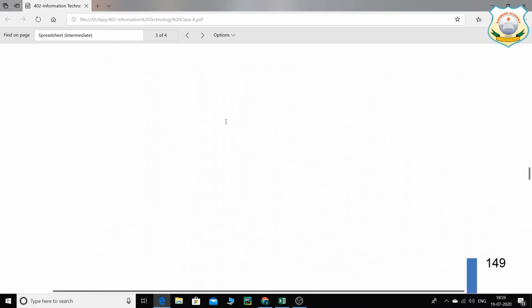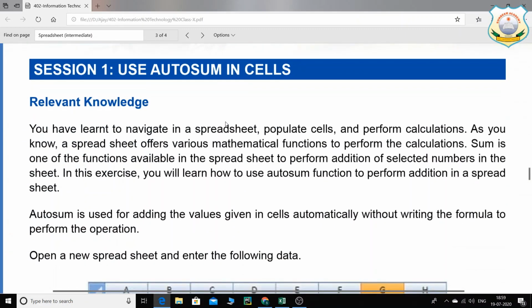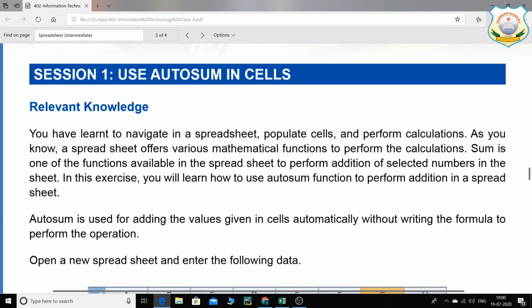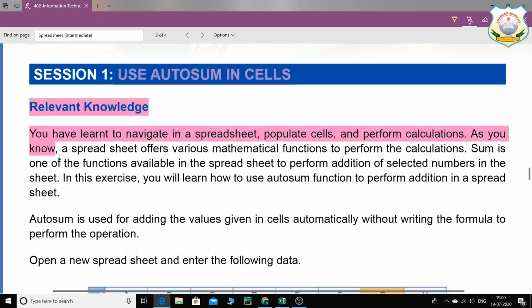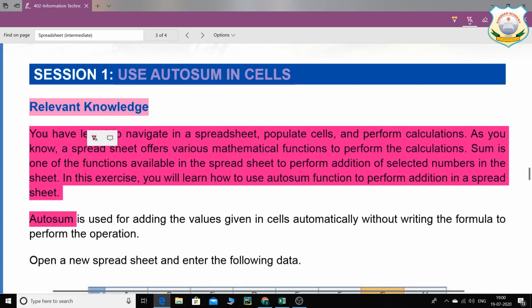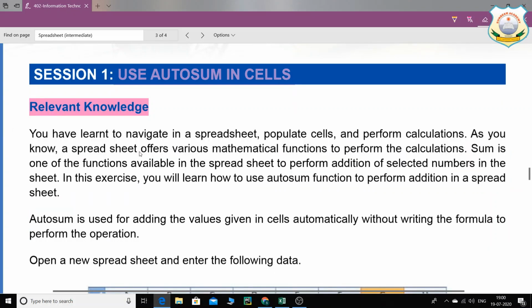Let us start with session 1, that is use autosum in cells. Let me just take the highlighter. So, relevant knowledge. Let us read the theory part, and then practically we are going to use the autosum feature. So let us start. You have learned,